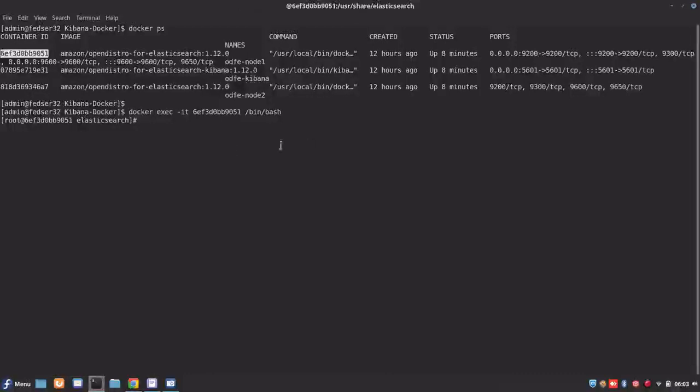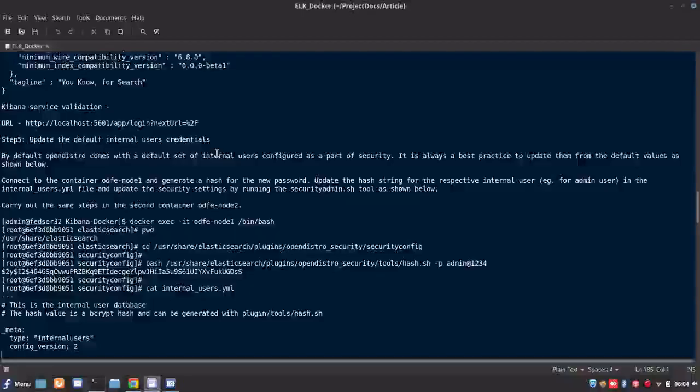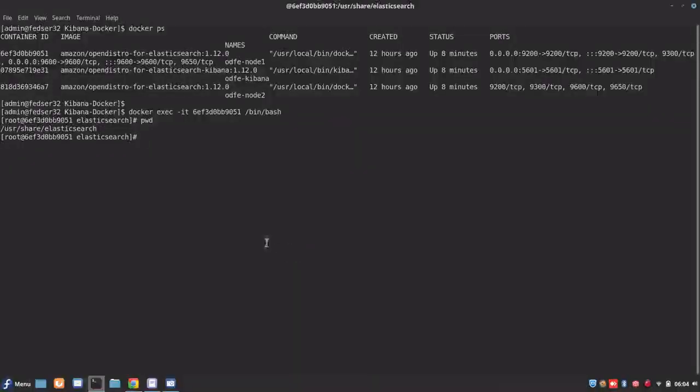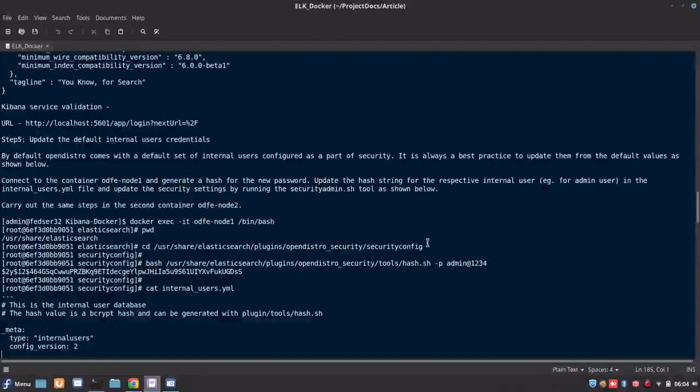As you can see, we are now connected to the container ODFE node 1. This is the working path where Elasticsearch is installed. First, in order to update, let me show you the internal users configuration file, which is available by default, from where the default authentication is happening.